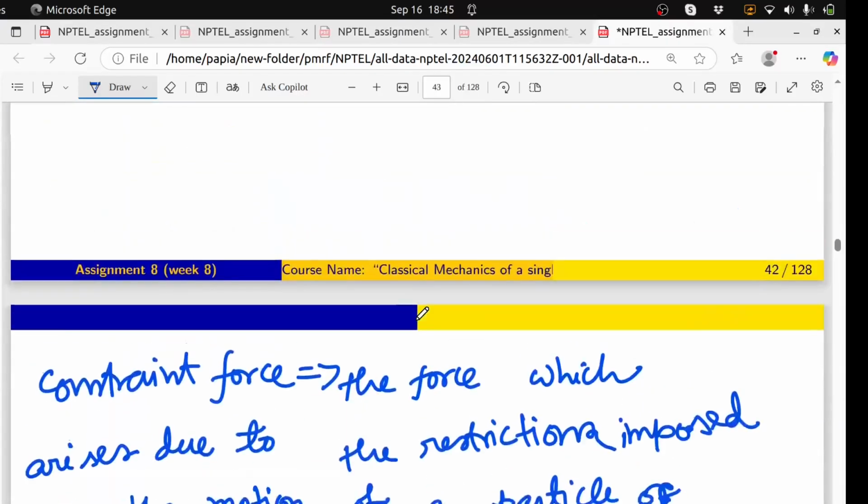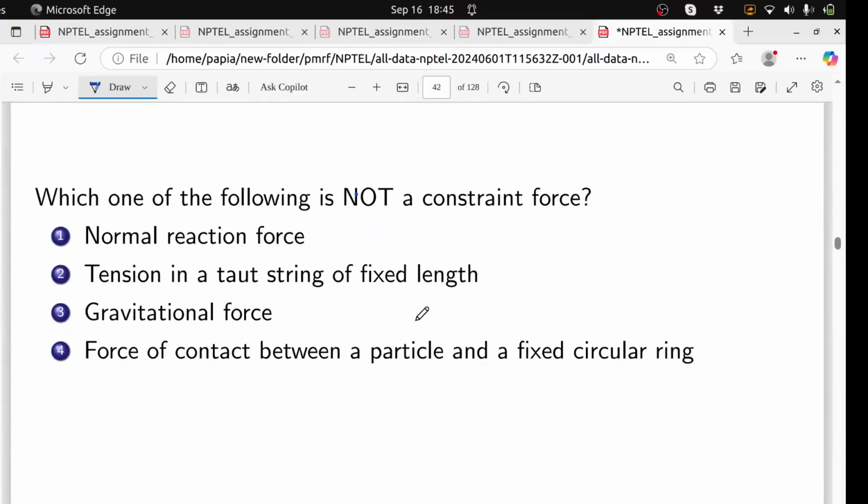Now coming to the third option. Third option is gravitational force. So we can understand that the gravitational force is no longer a constant force, because gravitational force is applicable for all the particles, whether or not they are in motion. Gravitational force is applicable for every particle, and it is not produced by the imposition of some restriction on that body. So gravitational force is not